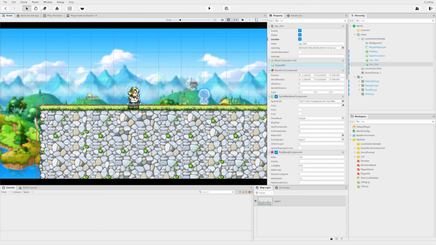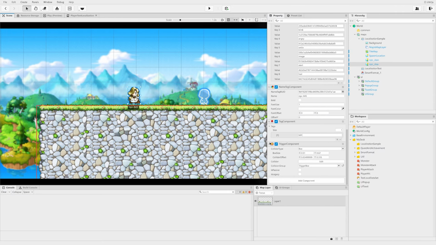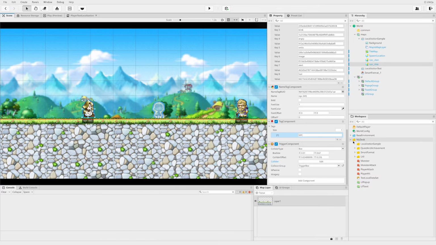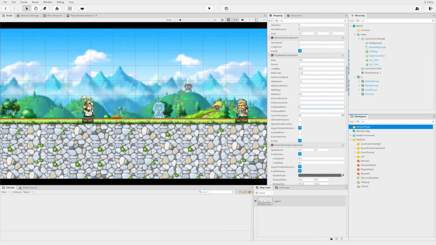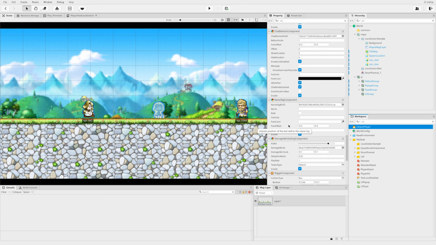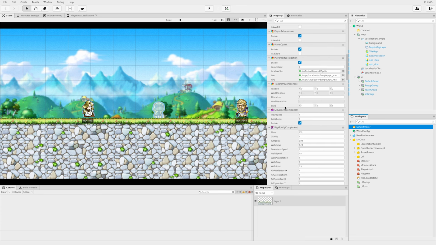We did the exact same thing for Rena. We have added our tag component with the NPC tag, and we have added a trigger component for our Rena NPC as well. And with that, we have created a new component inside of our default player. So we've created a component and we've attached it to our player, and we have named our component